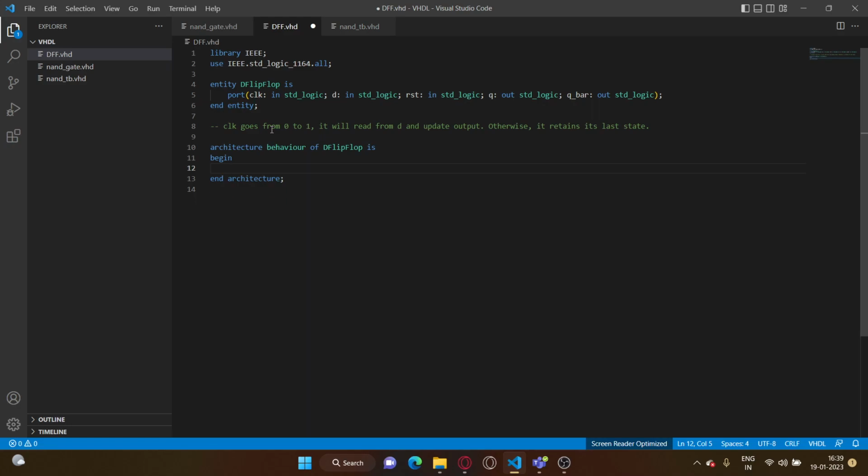The next thing is we'd want to write it sequentially. So you need to first define a process, and we would write its sensitivity list. We would want this process to trigger every time there's a change in the clock, because we want to detect a change in the clock going from 0 to 1. So the process should run every time there's a change in the clock. So process, clock is in its sensitivity list. We just begin and end process,